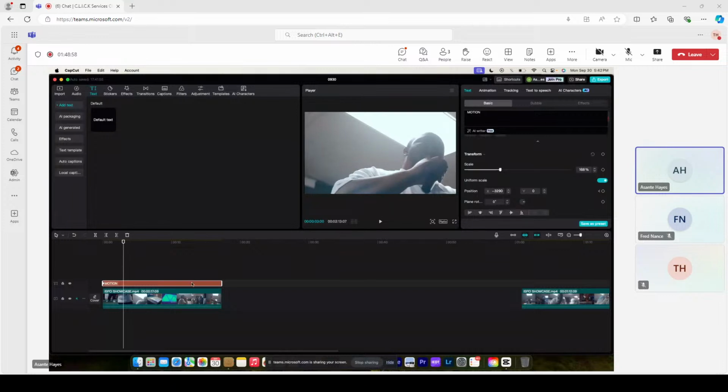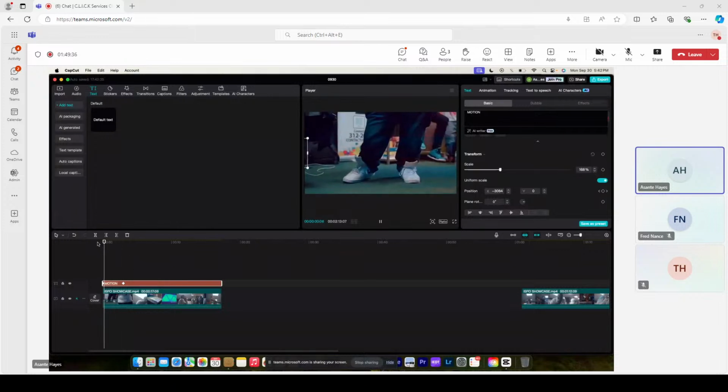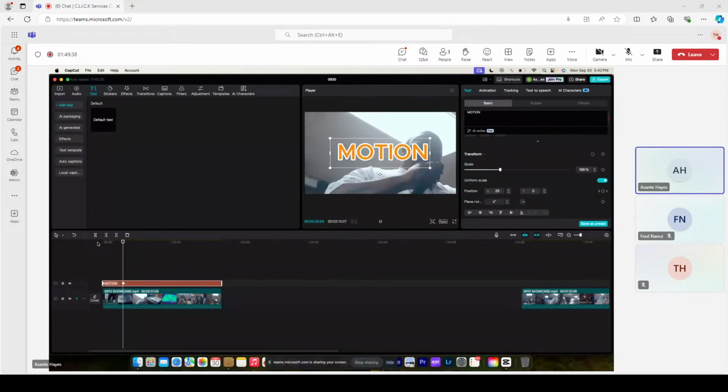So for that to happen, we would have to change our X. Right now it's in the negative because it's off frame, but let's bring it back in frame. Let's say 900, see where it gets. That's too far to the right. So maybe 600 or maybe 300. Still kind of off, maybe 100. That looks good. So we know it goes from here to 100 in the X position in 3 seconds. So if we play this back, it should slide in to the center within 3 seconds,